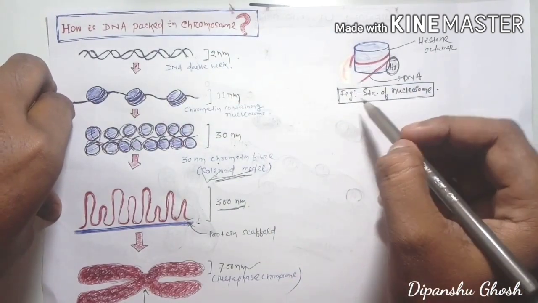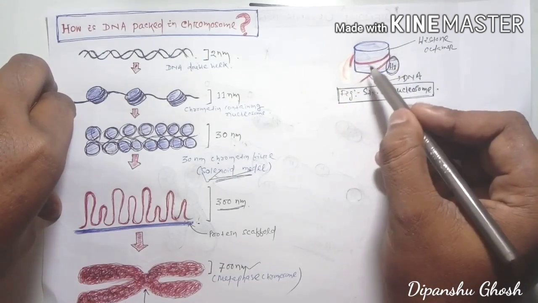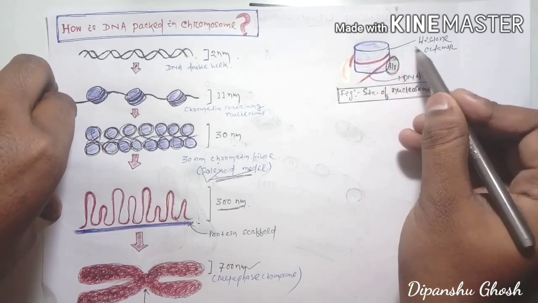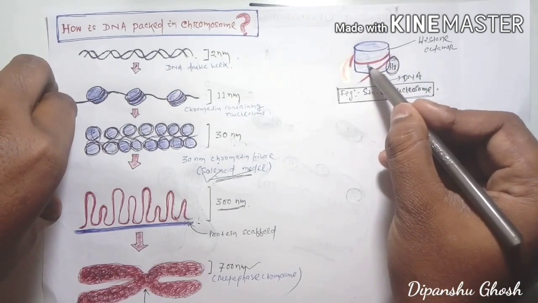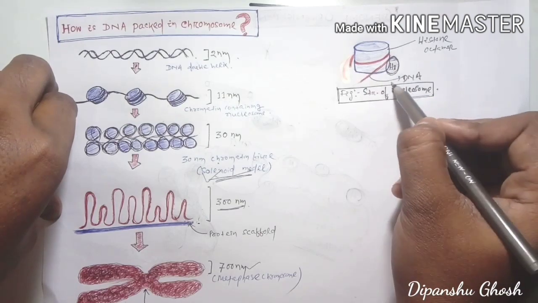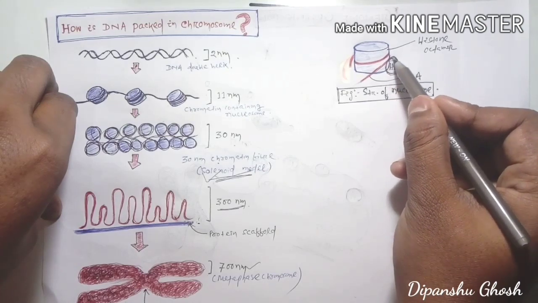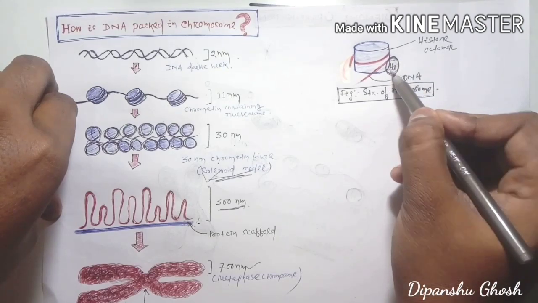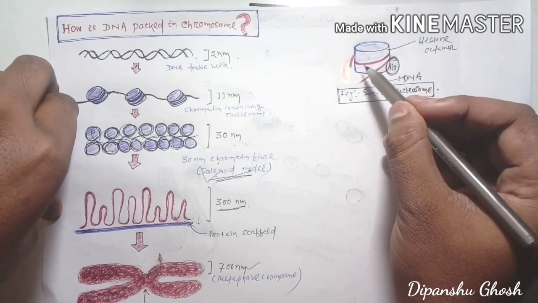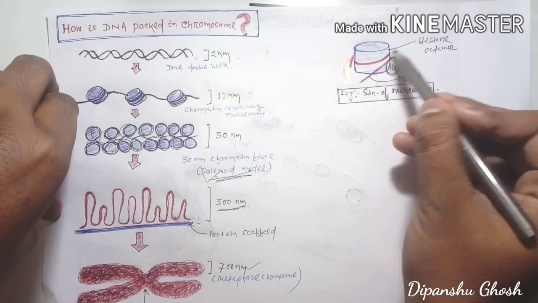If you see the detailed structure here, this is the nucleosome. This structure is called nucleosome structure. It contains two types of things. First of all, this is your histone protein, and this red thread like structure is your DNA, right? And in the exit place there is a linker histone, that is called H1 histone, right? This is your nucleosome structure. It contains both DNA and protein. This is your DNA, this is your histone protein.